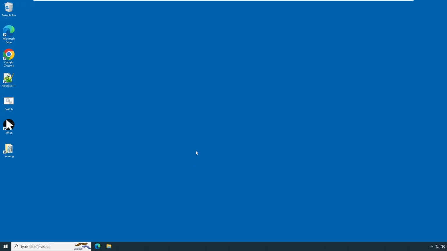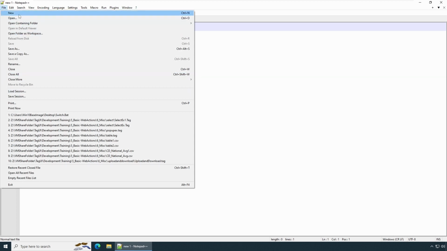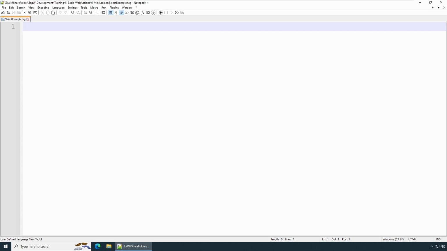Welcome back to the demo. So let's launch our Notepad++. I'm going to save a file first and then we'll get started on our work. Select example.tag. So let's save this. We have saved that. So say web actions